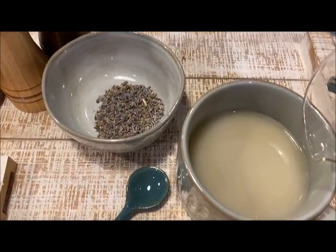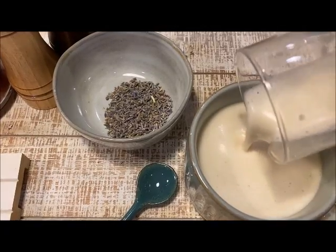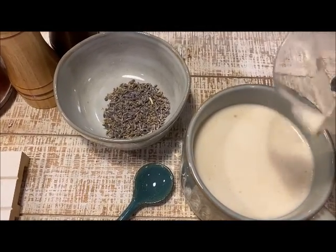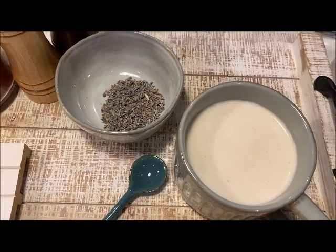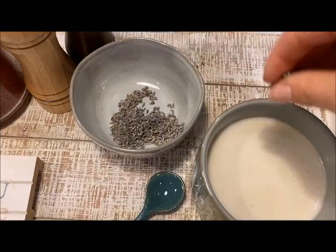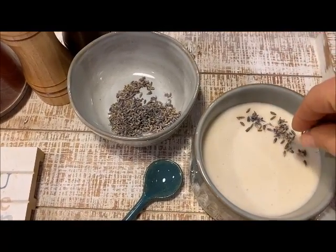This lavender latte is the perfect nighttime drink, and it's really easy. You boil 1 cup of water on the stovetop with a tablespoon of lavender and half a teaspoon of vanilla. I let it simmer for about 10 minutes just to really get that lavender flavor, and then I strained it into my cup, added in 3/4 cup of milk, and then topped with a little bit of lavender,